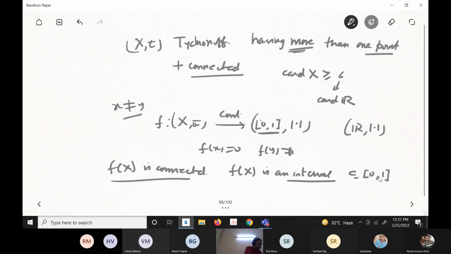But what is the meaning of that interval? 0 and 1 are here, so the interval means that all the points in between will have to be there. It is there because the range is there. So that f(X) you are getting